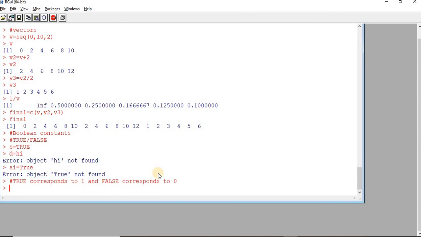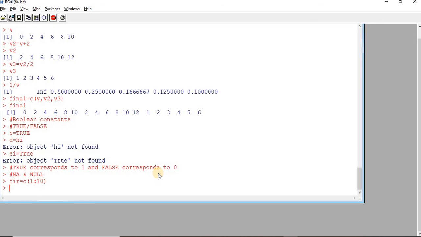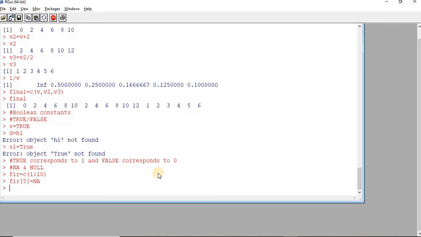Okay, next we'll talk about NA and NULL. So let me create a variable FIR. It holds the values 1 to 10. Now let me assign the fifth value of FIR with NA.